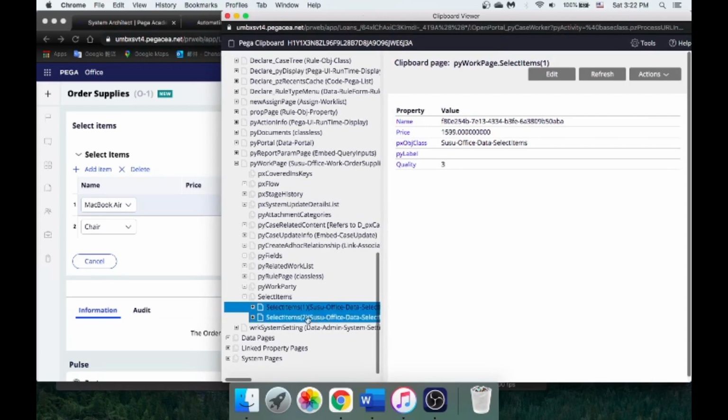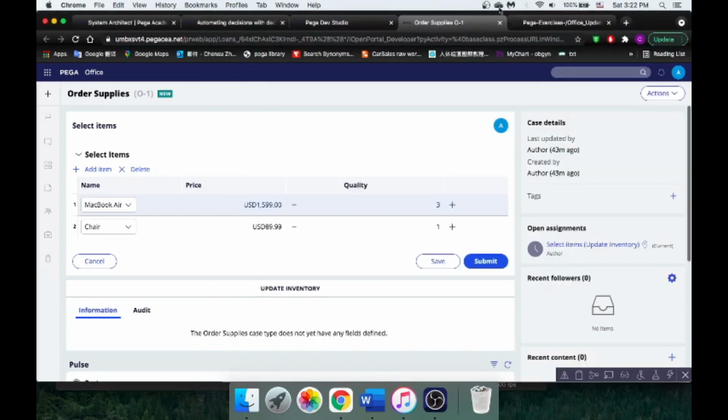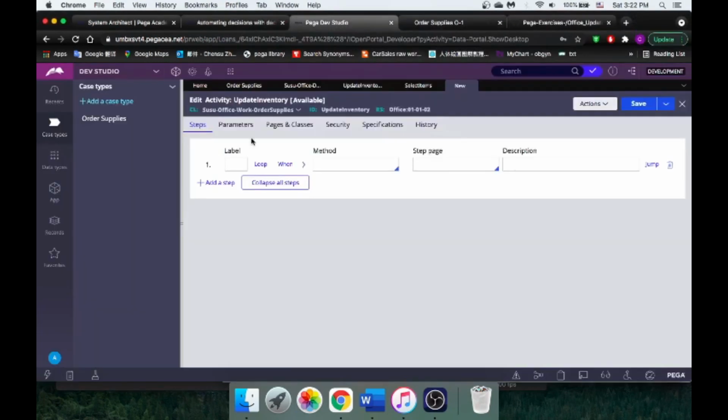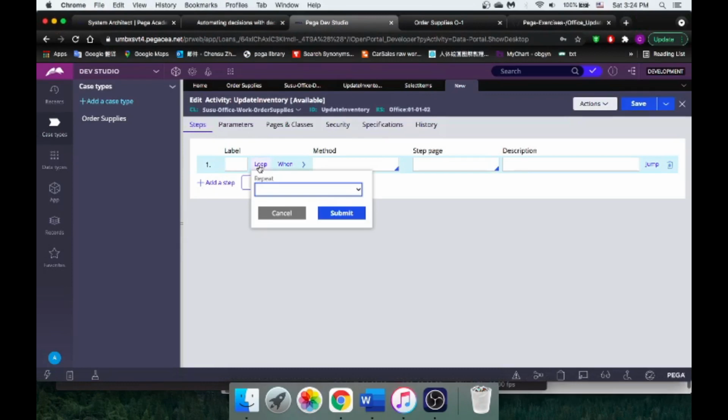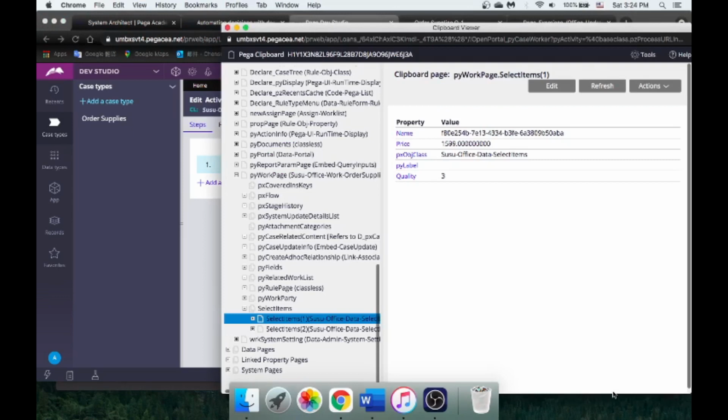So it sounds like the first step, we are going to do some sort of loop to loop through each page under select items, right? Let's take a look how we do that. In our activity, you see there's a loop thing that you can click. And under the drop-down box, we have so many options. And if you don't know which one to pick, you can always go back to your clipboard. That might give you some